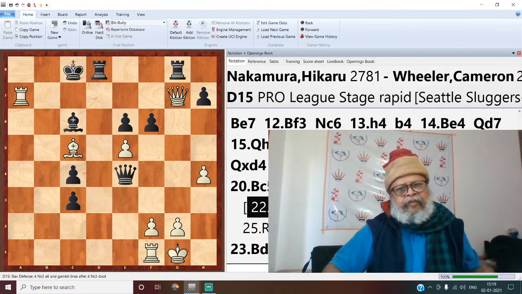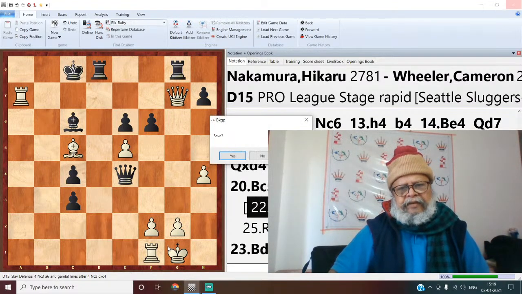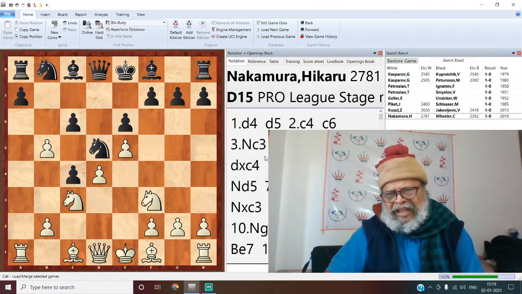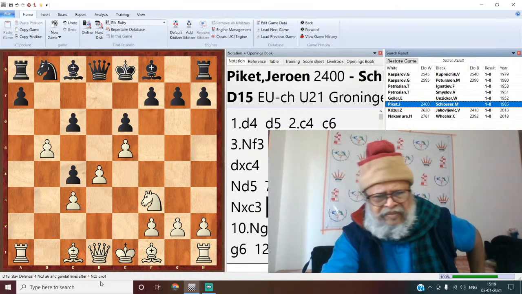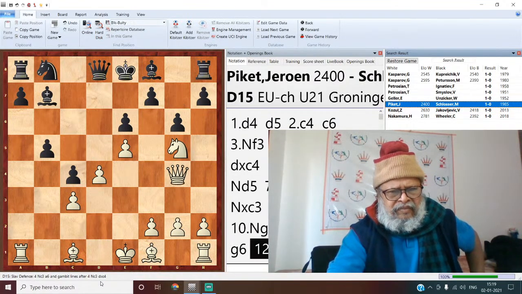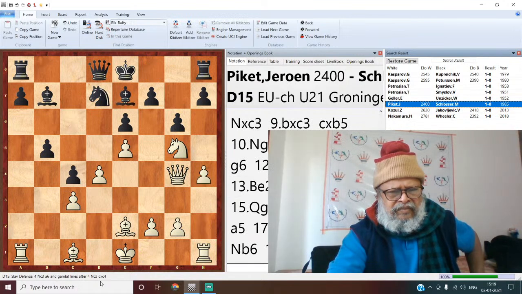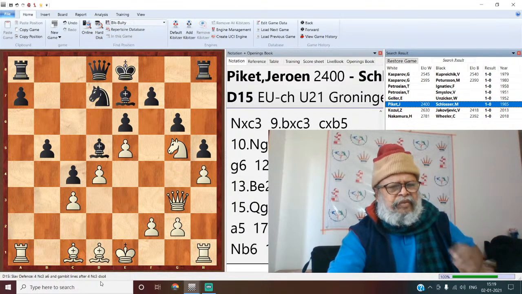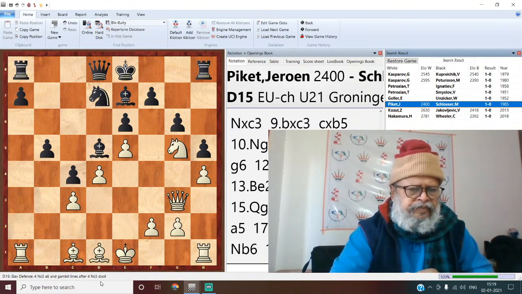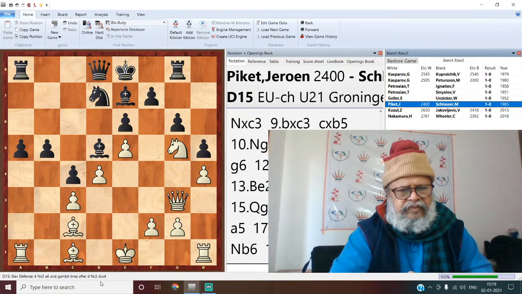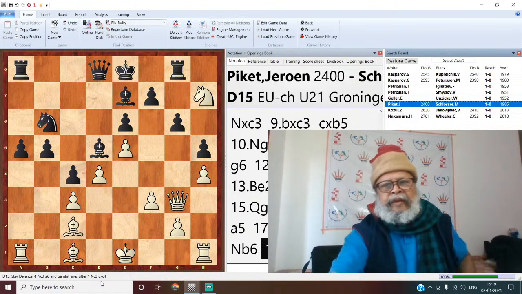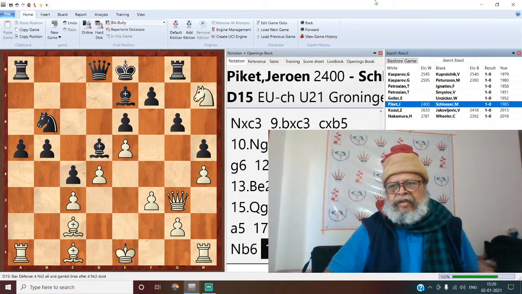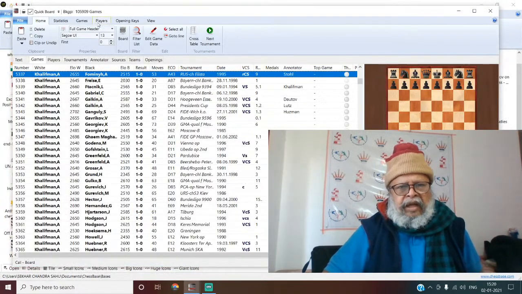So this is also a good line and a substantial improvement in the Geller attack. I leave the line now. Did Piquet do a modern player? Same attack, similar things. Also a good way. Okay, so I leave the Geller attack, and I will tell you the correct and more popular